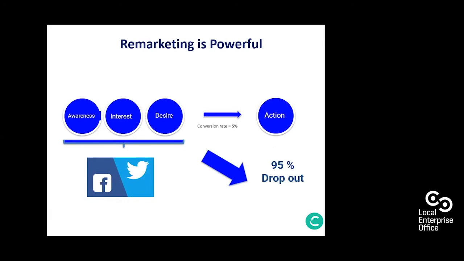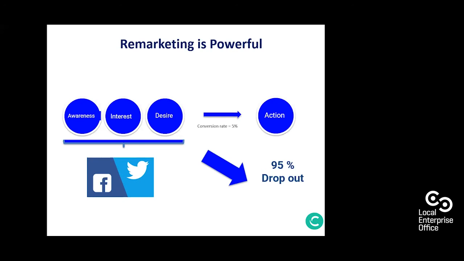So remarketing. Your typical website, certainly when it starts off, will convert at somewhere between 2 to 5%. What we mean by that is that for every 100 people that visit the website, what we'd like to see at the start is somewhere between 2 and 5 of those people will convert, i.e. buy a product,